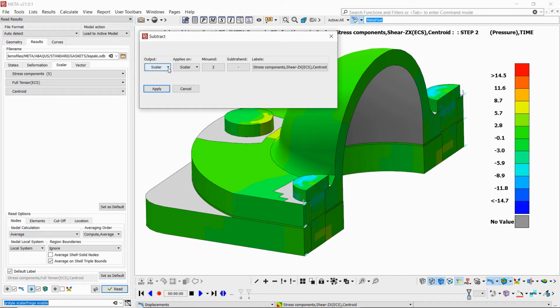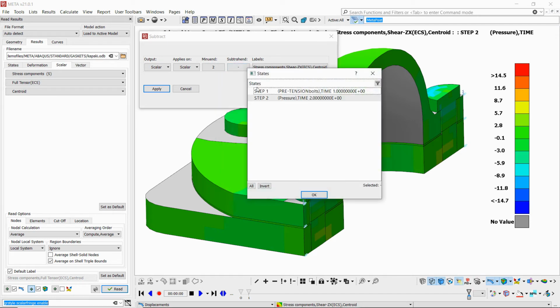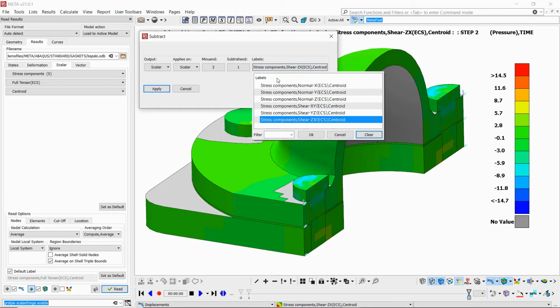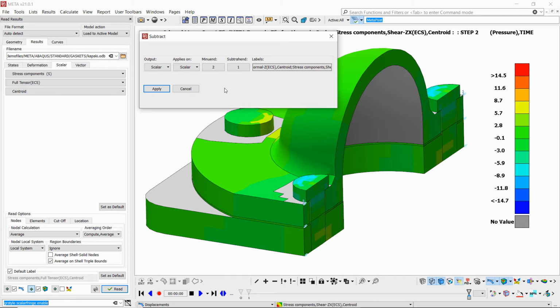So in this case, we want to output a scalar label based on scalar results. We are prompted to select the minuend and the subtrahend for the subtraction. So the minuend will be step 2 and the subtrahend will be step 1. And the labels that we want to perform this calculation for will be selected from this menu here. So in our case, we want them all.